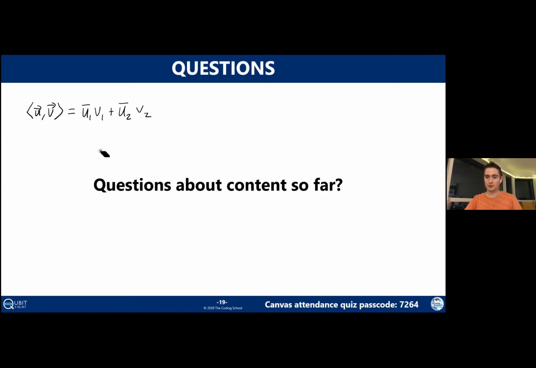Okay, so how would you do it with complex numbers? Good question. So the formula stays the exact same for complex numbers. Let's suppose maybe my u has complex numbers, and so my u is 3 minus 2i and 1 plus i or something. And my v is 1 plus i, 1 minus i. Just as an example.